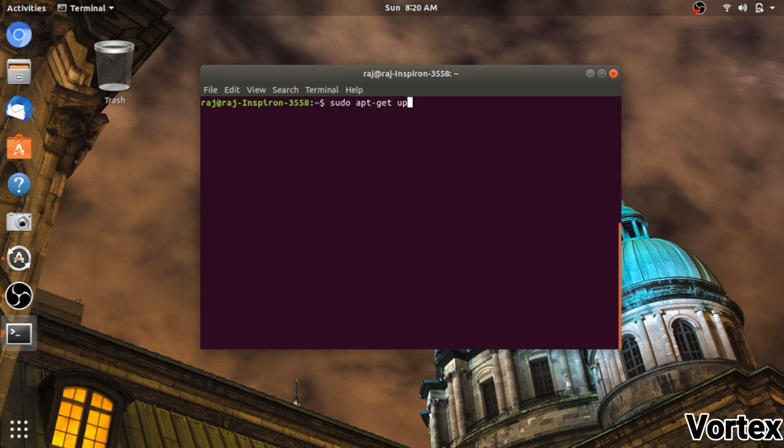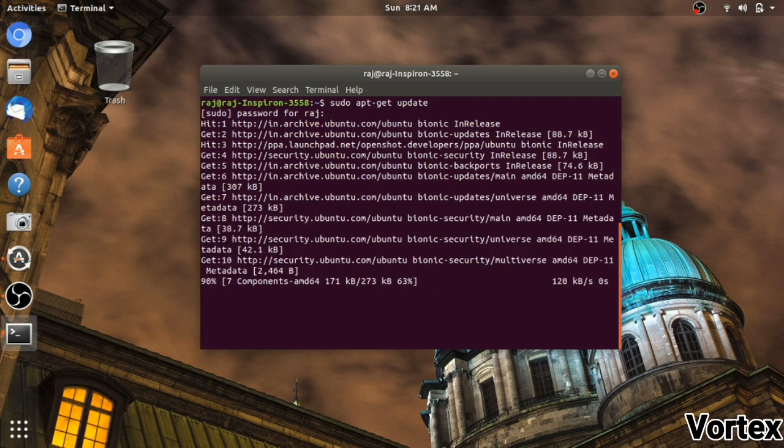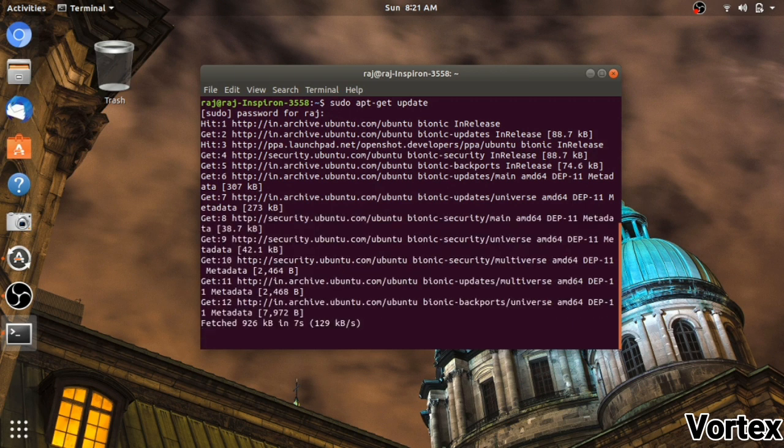So let's write sudo apt-get update, enter. It will ask for a password. If you are not an authenticated user, then you cannot update this PC. Okay, and if you want to terminate any process, because this is an updating process, I can't terminate it easily.